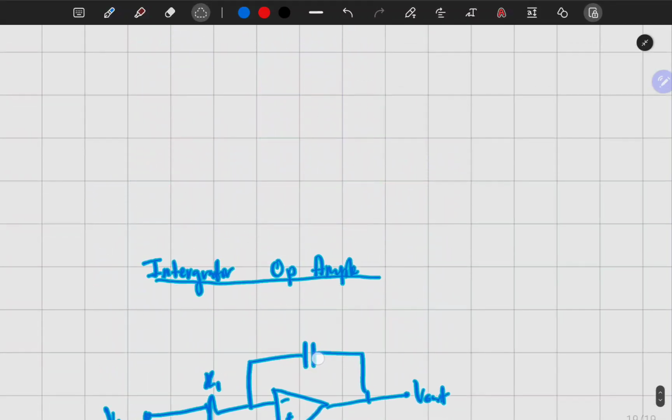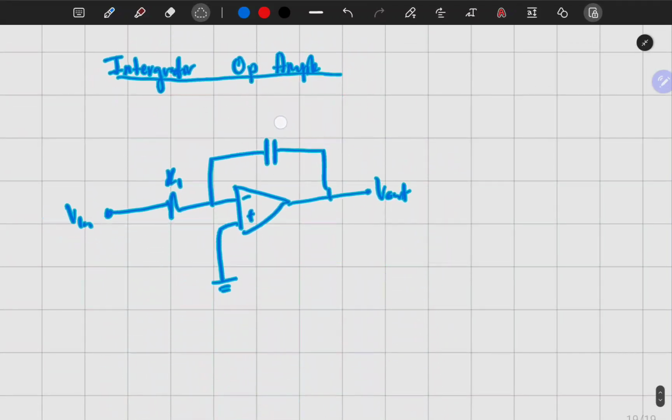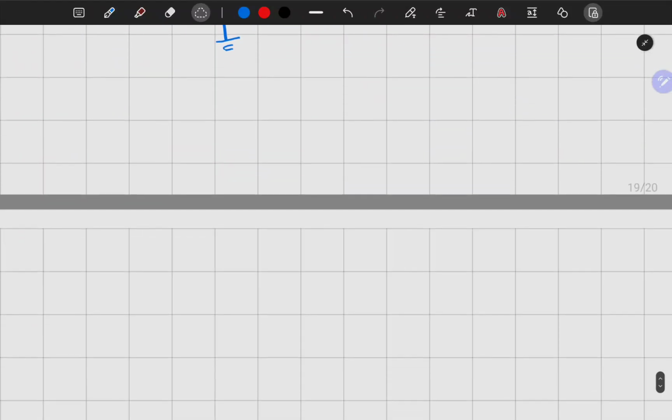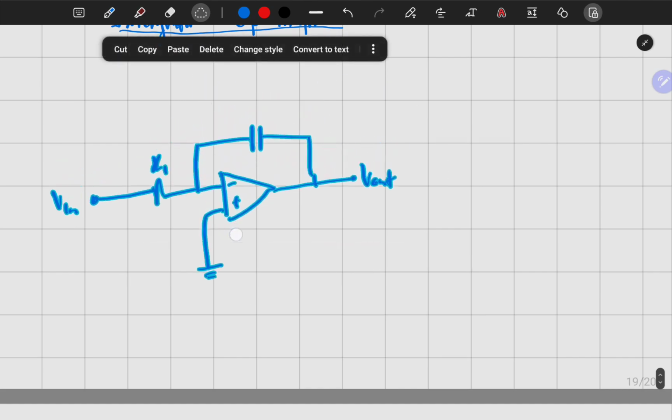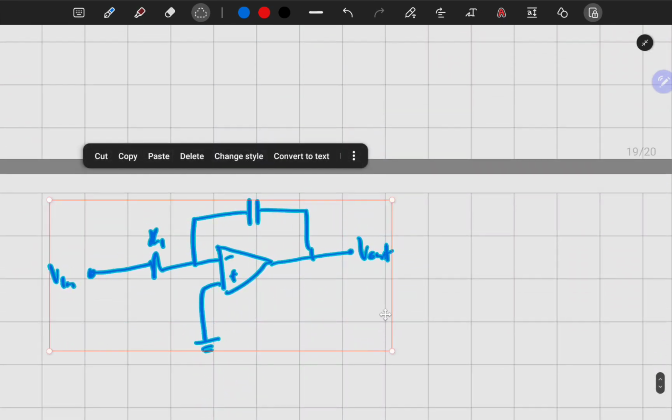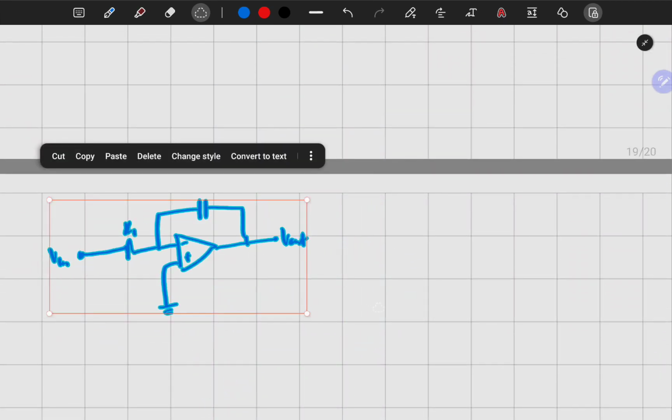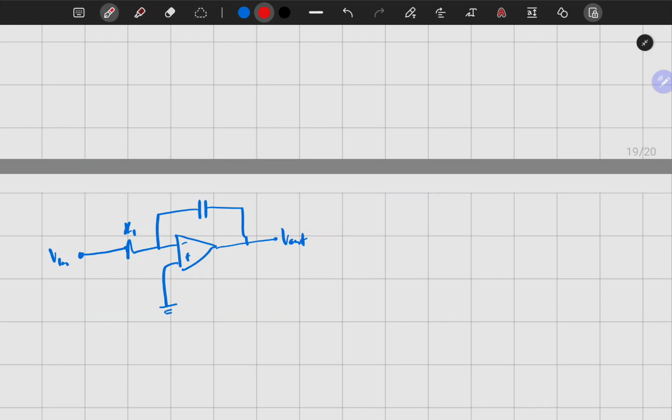Okay, let me just, why is it not going down? Okay, cool. I understand why it's ignoring me, because I want to put this here, shrink it a little bit, and then start working. Current going here is equal to current going here. There's no current going in here. I won't go into too much detail because I'm repeating this. So we agreed that